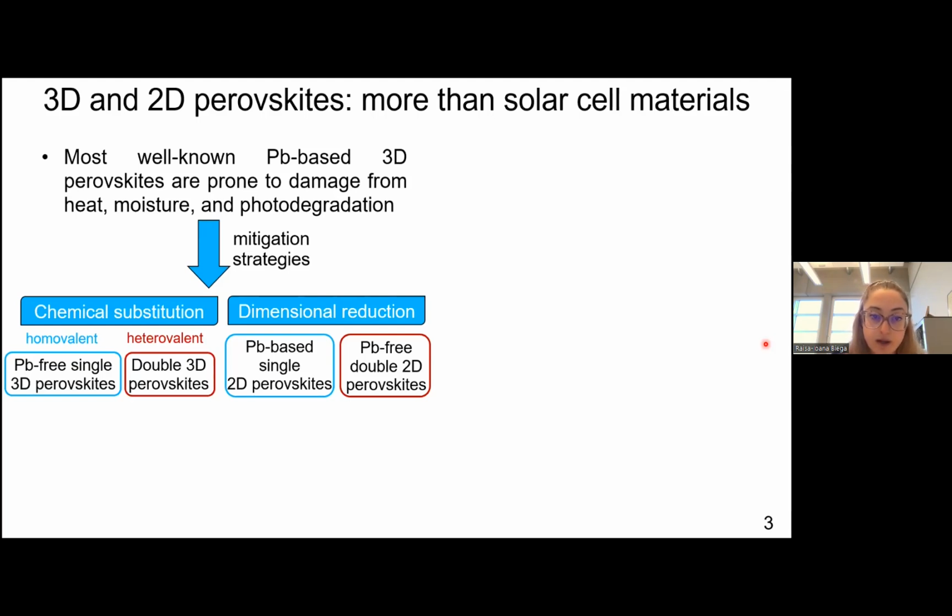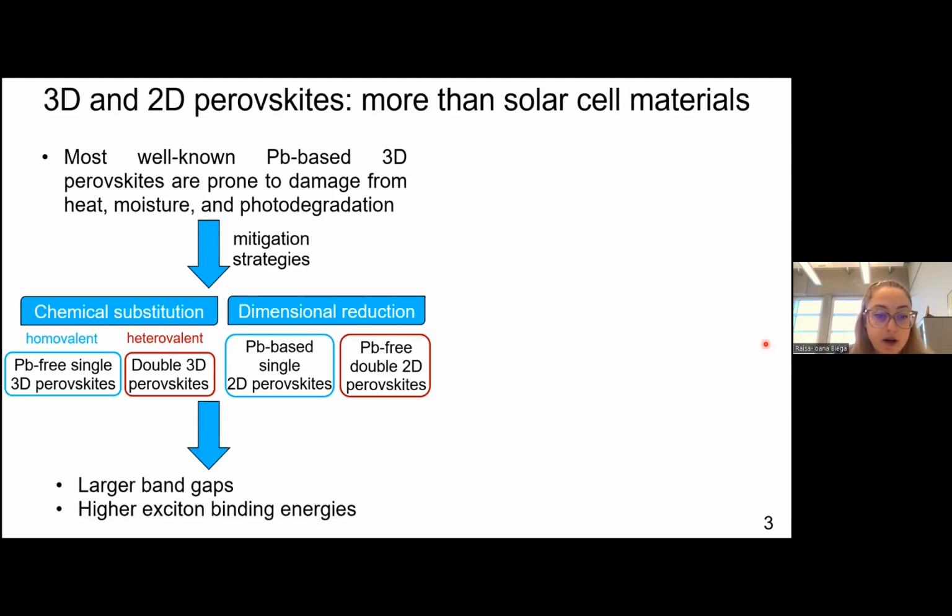Then another mitigation strategy to increase stability is to reduce the dimensionality. With this procedure, you basically go to the 2D perovskites. You can do this with single perovskites or double perovskites as well, and then you get single or double 2D perovskites. Now, doing this, you will get materials with larger band gaps and higher exciton binding energy, sure. But the